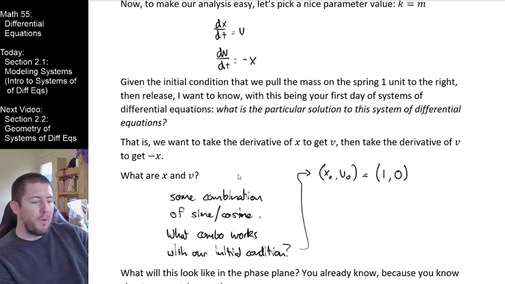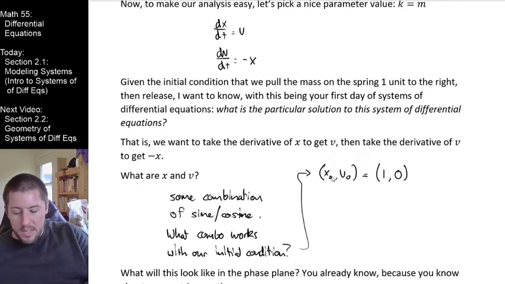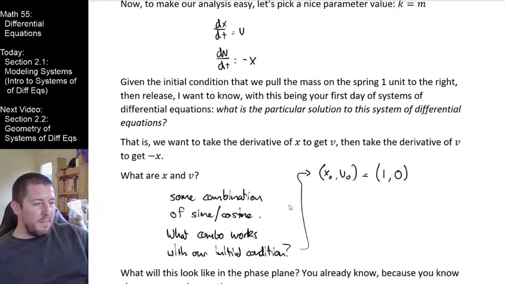So what I'm trying to do is come up with x of t and v of t that are some sine and cosine, and I want it to be the case that position starts at 1, velocity starts at 0, and as time gets slightly larger, our x should get smaller, and our v should also get smaller, right? Because we should have a negative velocity and we should be losing position right there. So we're trying to decide what are some sines and cosines that we could be using to help come up with this. I'm noticing that if I pick x equals sine of t and v equals cosine of t,